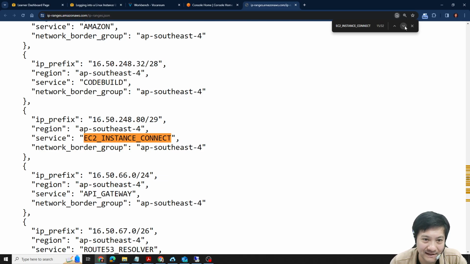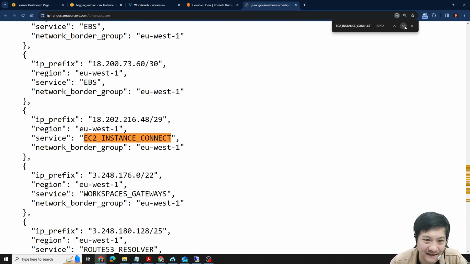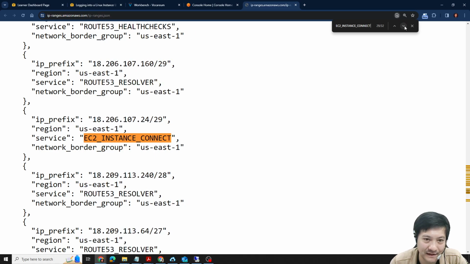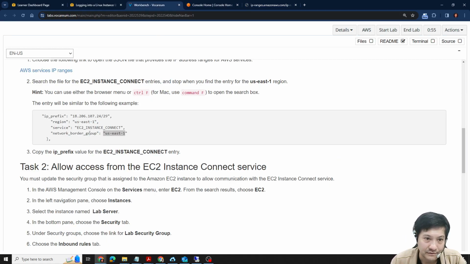There's many regions. Oh, found it. Here is the IP address you needed. 咁啊，揾個32個。咁你每一個 region 咁就列咗俾你。咁啊要 EC2 Instance Connect 嗰個 IP range。